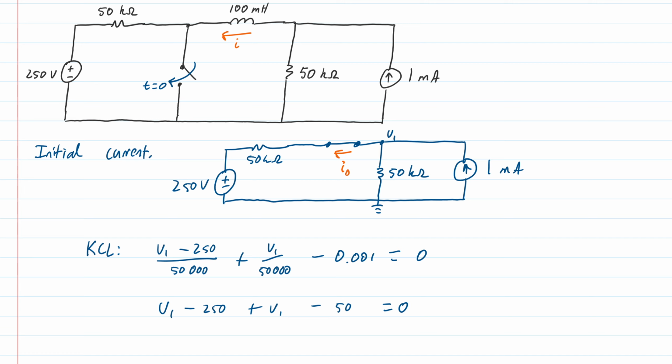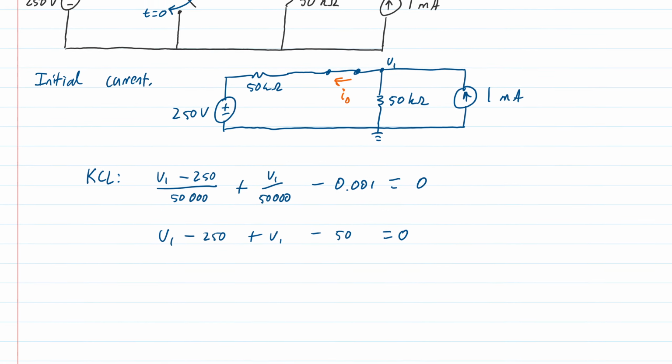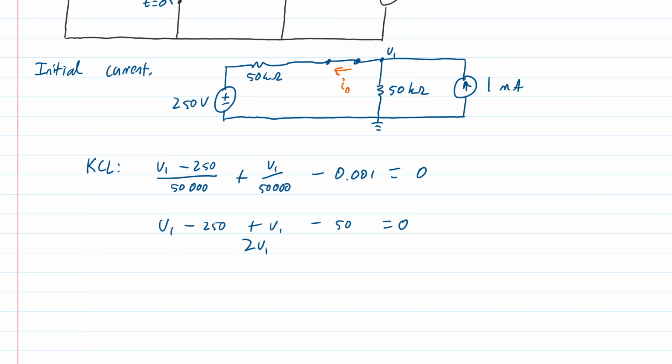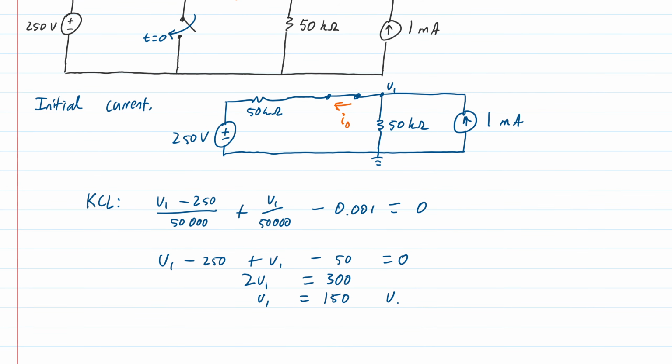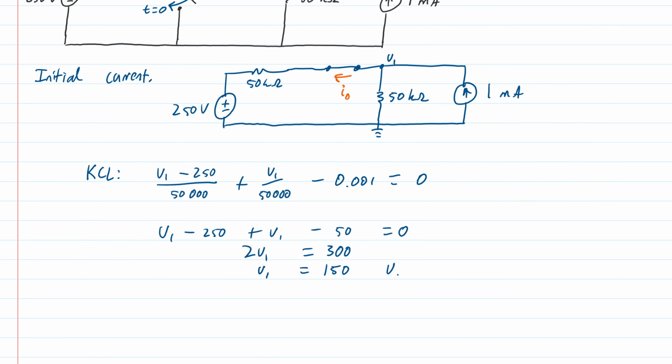is equal to 0. Bringing together all of these terms, that's 2V1 is equal to 300, so V1 is equal to 150 volts. So it's actually a lower voltage than what is coming from this power supply here, so the current is going to flow in the opposite direction. And that's basically because we have this current source here that's kind of forcing that current to flow in that